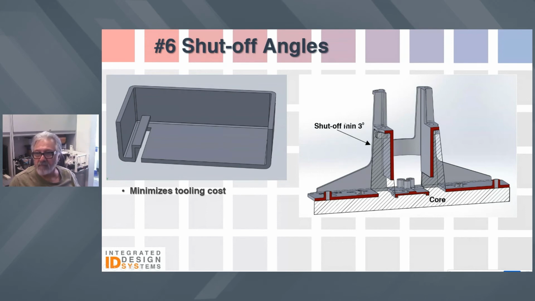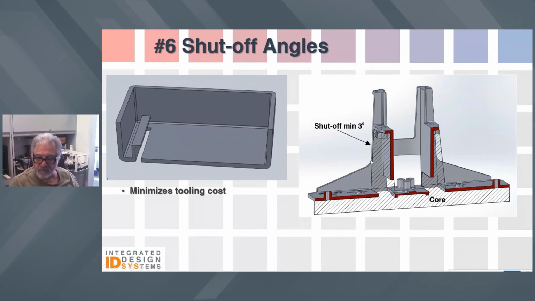But the key is to design the feature so that it complies with this requirement of a 3-degree shutoff. 3 degrees is minimum, okay? 3 degrees to 5 degrees or more is always preferred by molders. But obviously, when you're designing something, the greater you start increasing these angles, you start running into other problems. So the minimum is really what I'm emphasizing here. If you start going below this number, down to 2 or 1 degree,